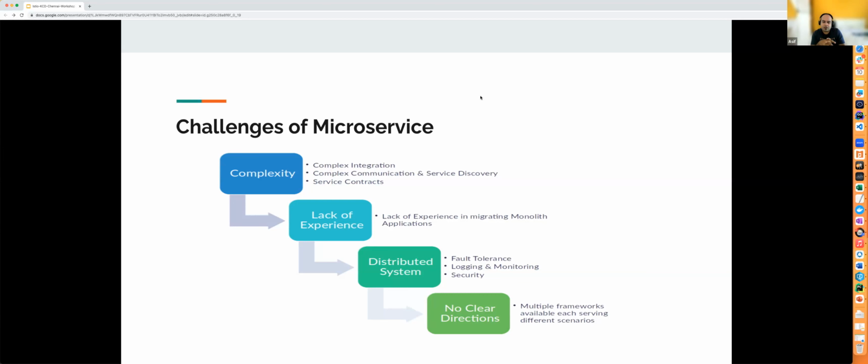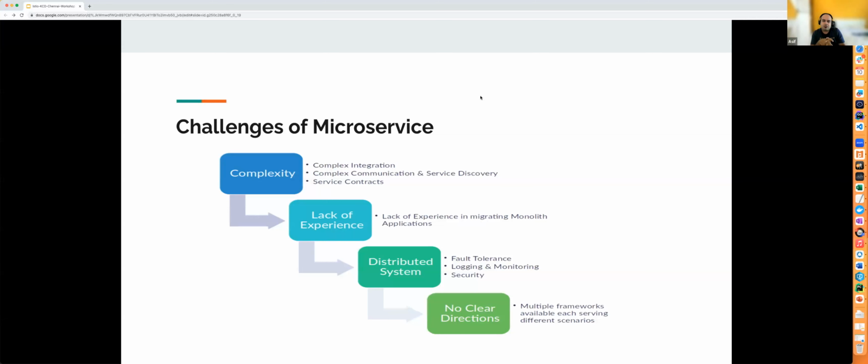And then the security, in the sense that earlier in monolith, the call goes in and the call remains in the same process, right? But here the calls will be flowing from one microservice to the other microservices. Now, whether these calls happening between inter-microservices have to be secured, or have to follow some TLS or something. So that was one of the challenges.